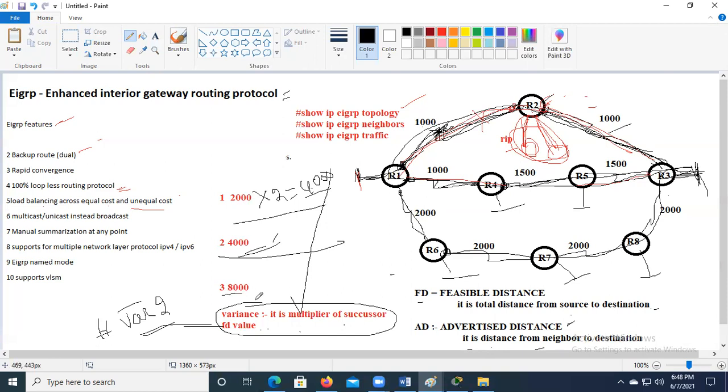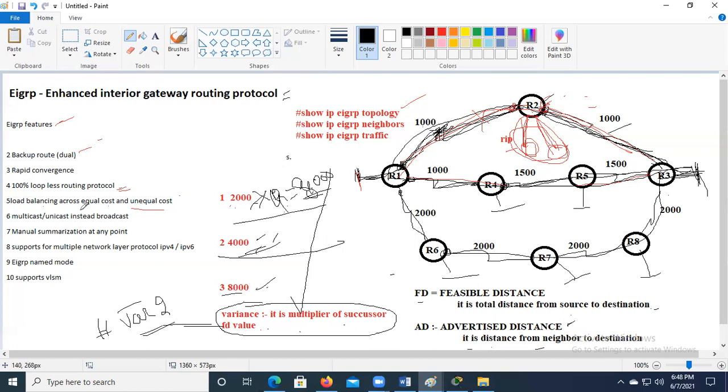The least one is 8000. So how much should 2000 be multiplied by to get 8000? I need to give 4. Two 4s are 8. The FD value can be equal or should be greater than the existing FD values. So if I give 4000, 2 multiplied by 4 gives you 8000. Then it will calculate all FD values in the routing table. It can be equal or it must be greater, actually. It should not be lesser than that. Then at that time, it will use three paths for sending the data.